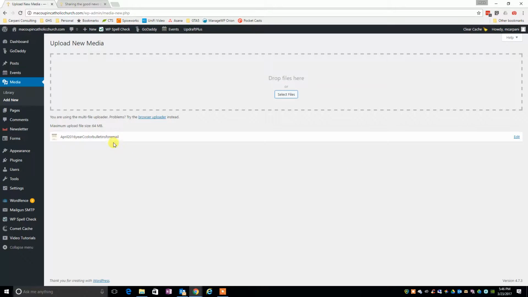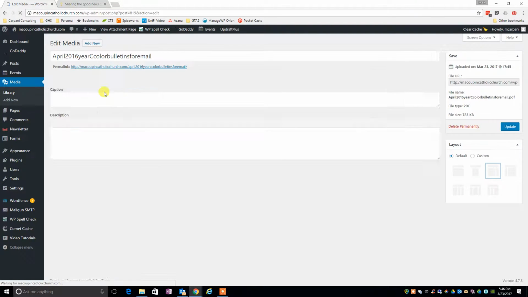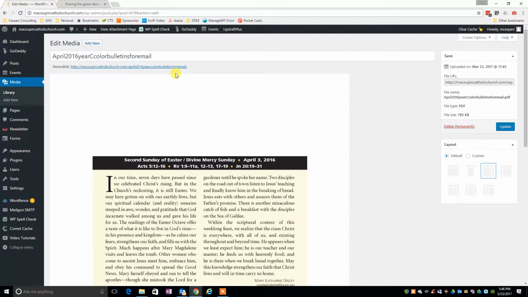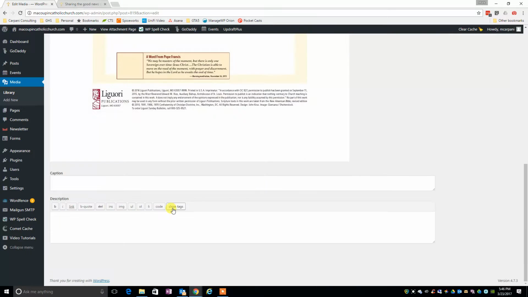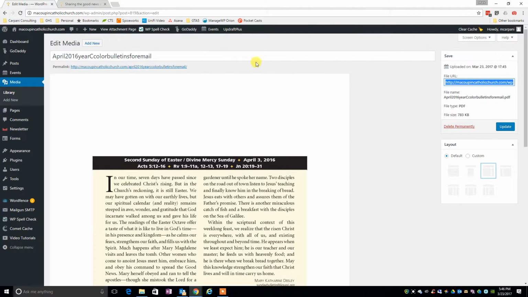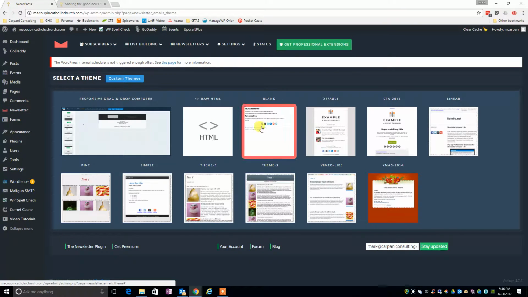And then after it loads up here, we're going to go to our library. And we're going to open this up, because what we want is the URL to this. So again, I'm going to look for file URL. I'm going to double click in this box to highlight everything that's in there. I'm going to right click and do copy. So now that we have our bulletin link copied, now we can go to newsletter, and let's click on new, and we're going to do